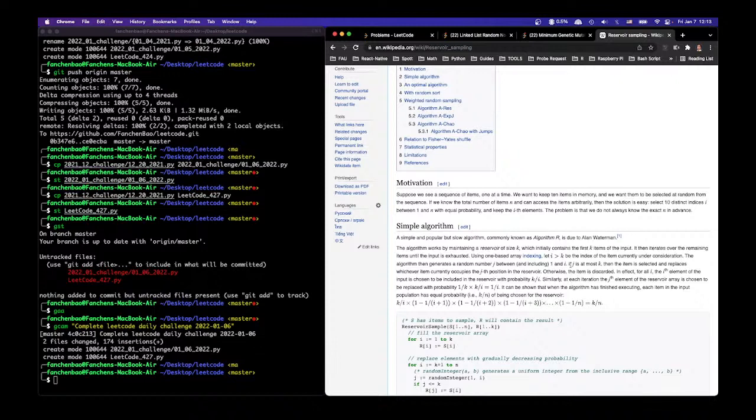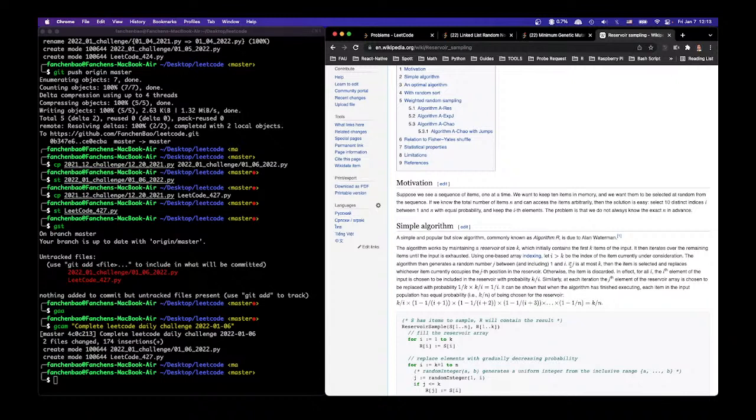The probability of getting this item is 1 over n, right? And then if we did not pick it, then the probability of the next one,